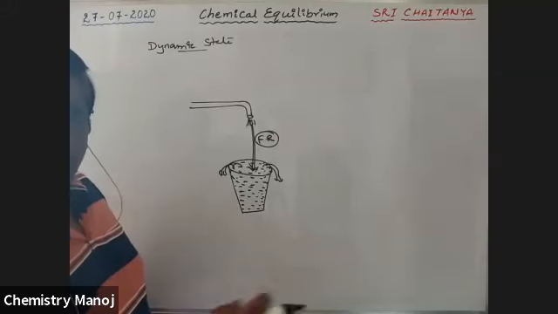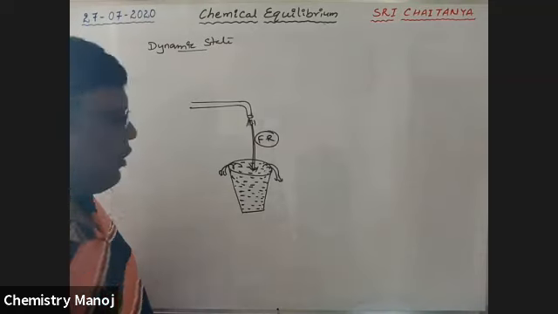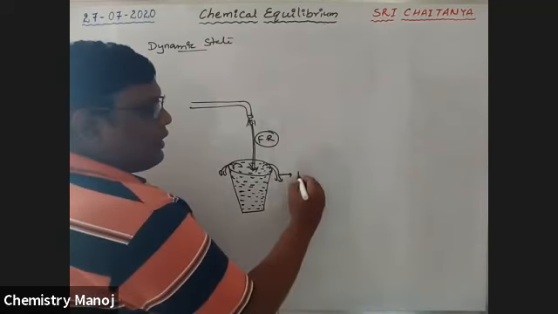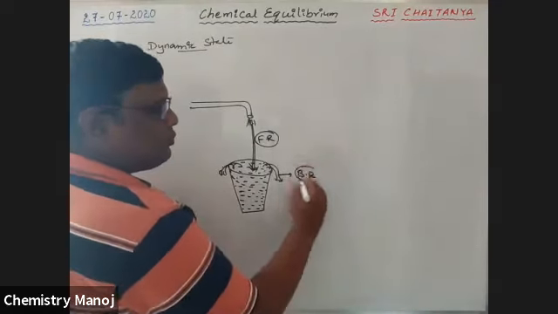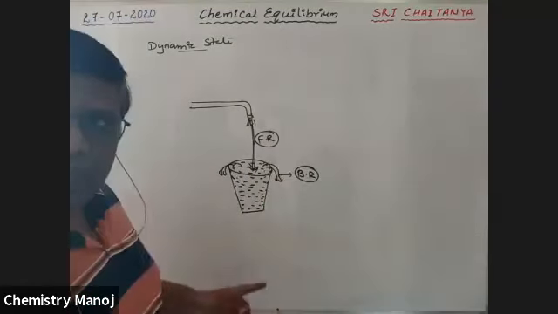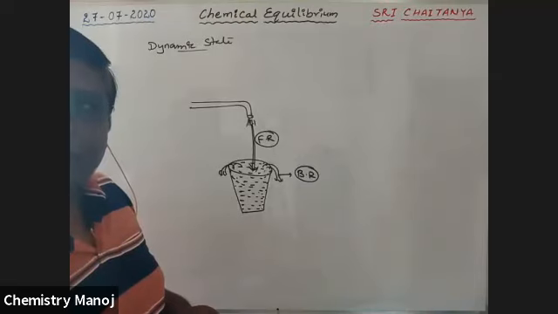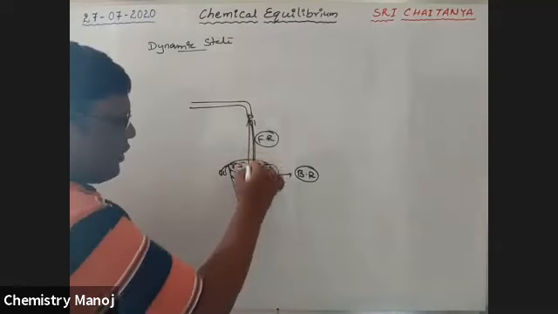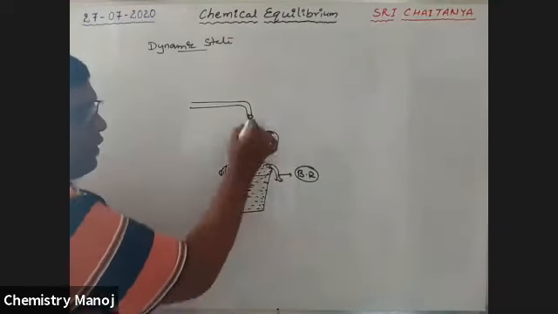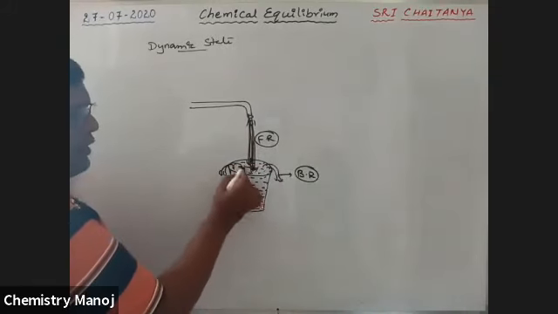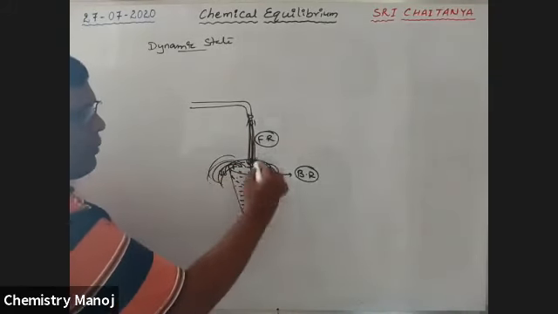Water falls down into the ground. So that means it is a backward reaction, my dear boys. The backward reaction started after a certain time of forward reaction. Now the forward reaction is still going on. So the water entering the bucket is equal to the water going out from the bucket.